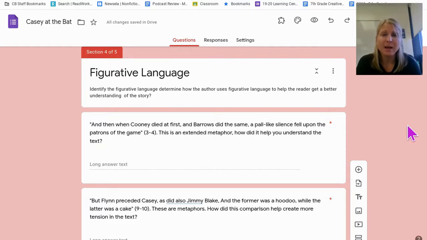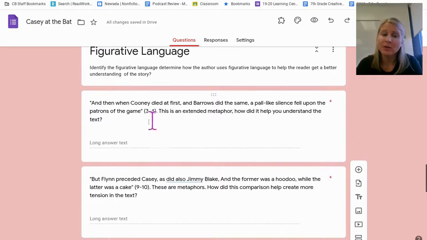I identified the type of figurative language for you because I don't always think it's important that you know the difference between an analogy or an extended metaphor versus whatever. But it is important as a reader that you can tell what an author is doing and how that impacts the story. So we're going to do the first one together because I do think that the author used a ton of really great figurative language in this text, and I want you to see it and think about it as well. So when I look at lines 3 and 4,